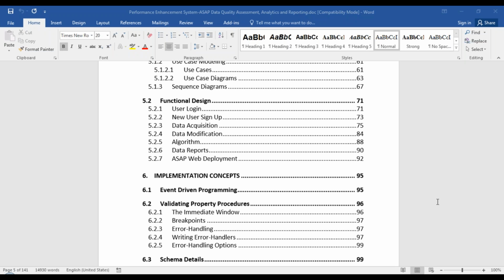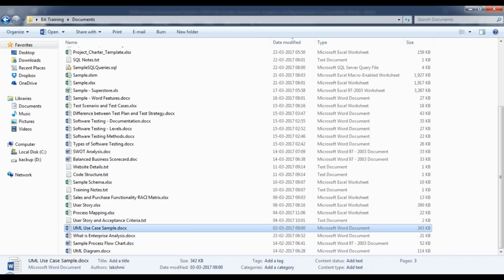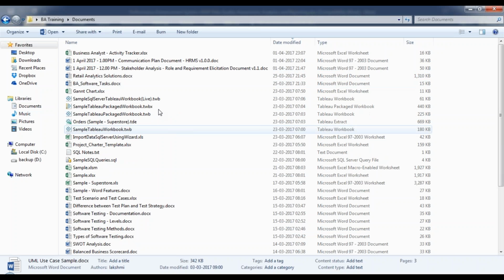How do you organize meetings? How do you get people together? How do you conduct workshops? How do you conduct surveys and questionnaires? How do you collect the data? And then how do you do a data analysis? Many times you also have to do data analysis, or you have to create good visualizations. So we will see those in detail.